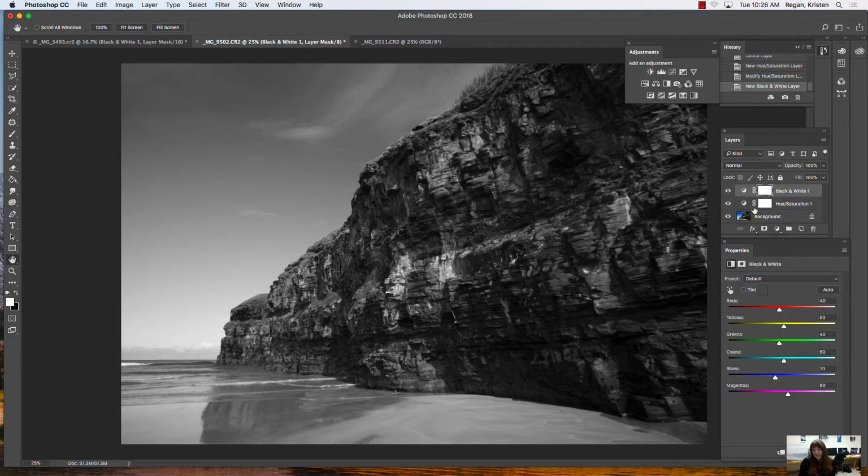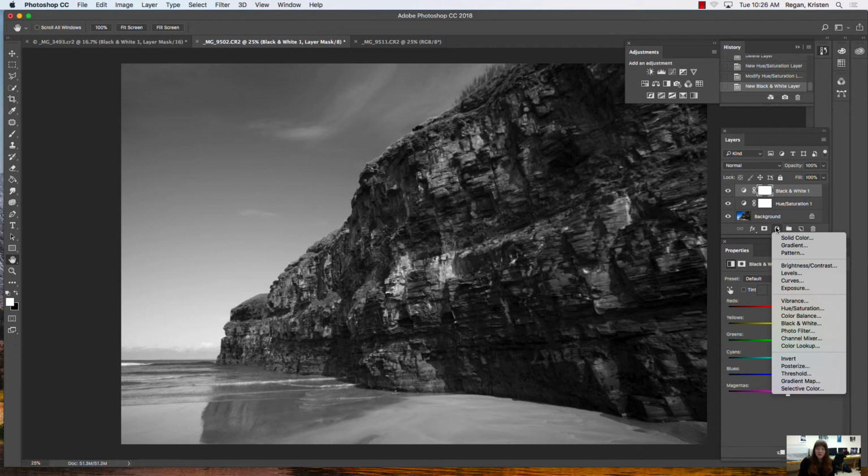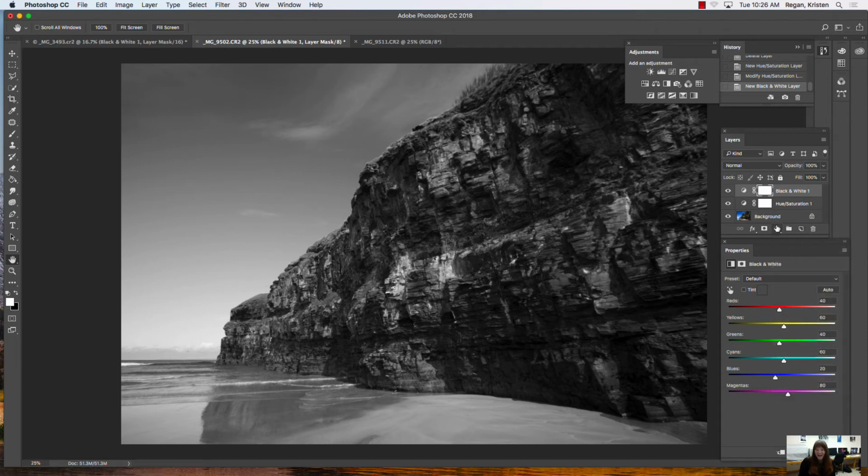Now, are there other ways to do it? Sure. There are other ways to do it. But again, I would suggest just using the black and white adjustment layer. So that's going to be the easiest one for you guys to deal with when it comes to your landscape. Play around with it, and as you make these adjustments,